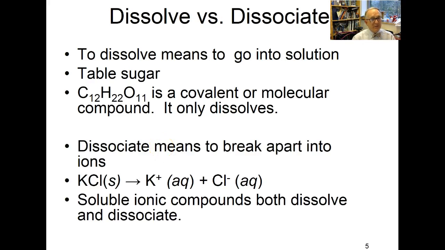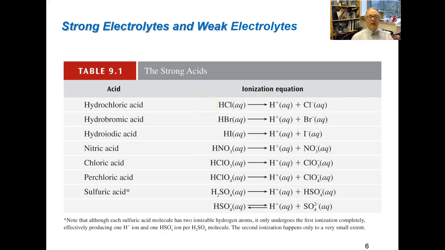Whereas dissociate means to break apart into ions. So sodium chloride, potassium chloride in this particular example, it solubilizes, it dissolves in water, but it also dissociates. It makes those potassium ions and those chloride ions. So we've been talking about strong and weak electrolytes, and we mentioned that weak electrolytes come from weak acids and